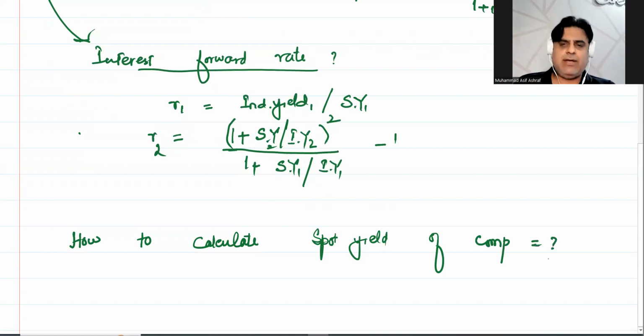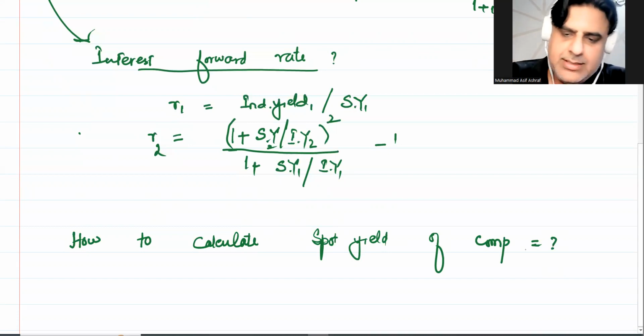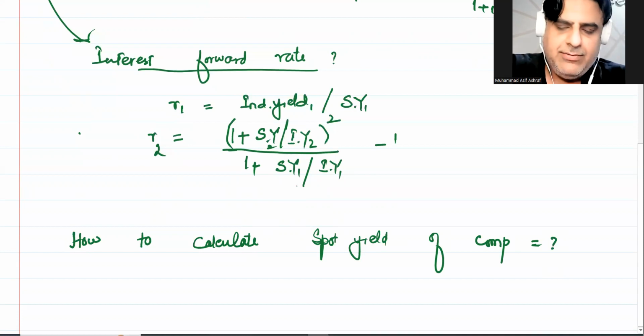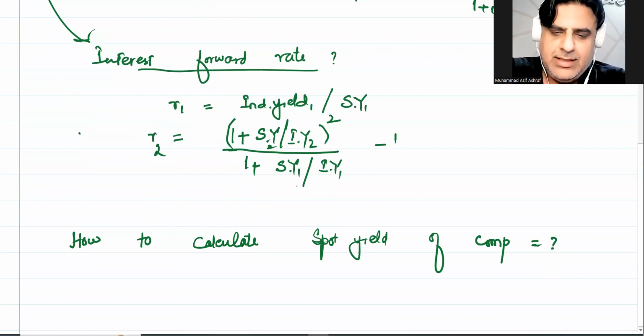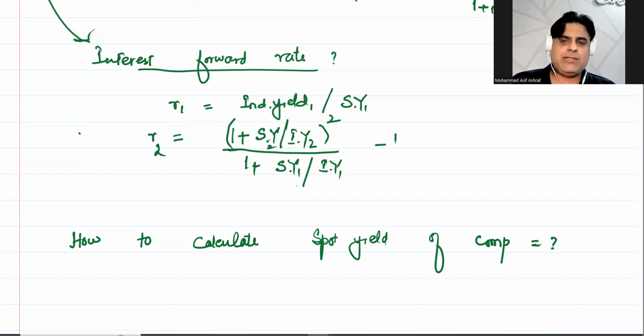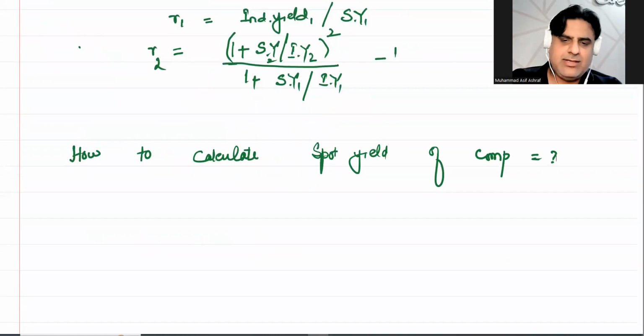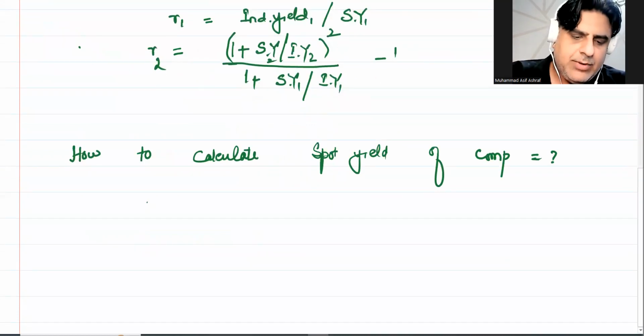If you are given the spot yield of the company, then just put the spot yield values in the formula and you will have the forward rates. But I am assuming that you are not given the spot yield of the company. So always remember that you are going to find out the spot yield of the company's bond